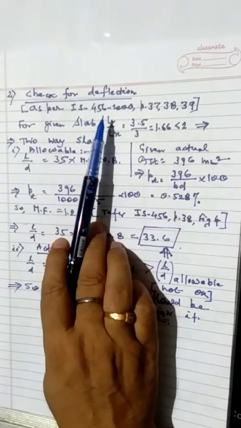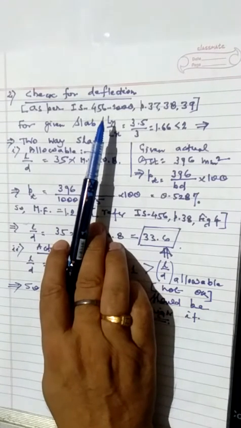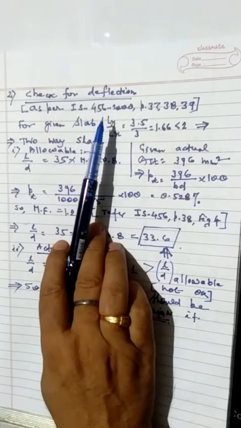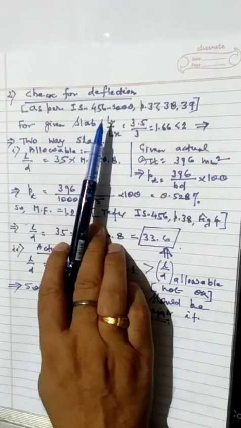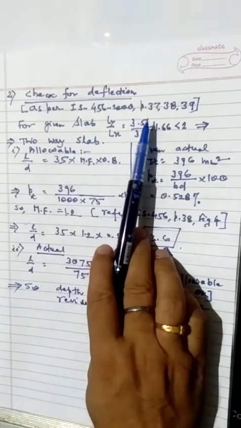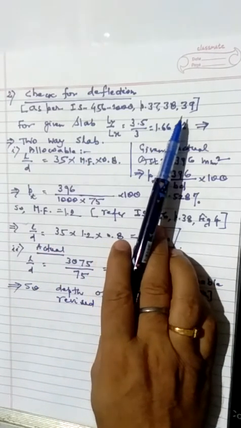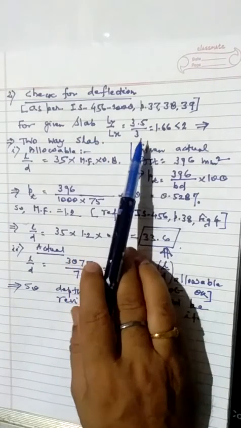So this check for deflection is carried out to check whether the deflection is within limit or not, because cracking in the tension zone takes place because of deflection. Deflection means the creation of curvature in the slab surface. So as per IS-456-2000 pages 37, 38 and 39, for the given slab Ly by Lx, that is 3.5 by 3,